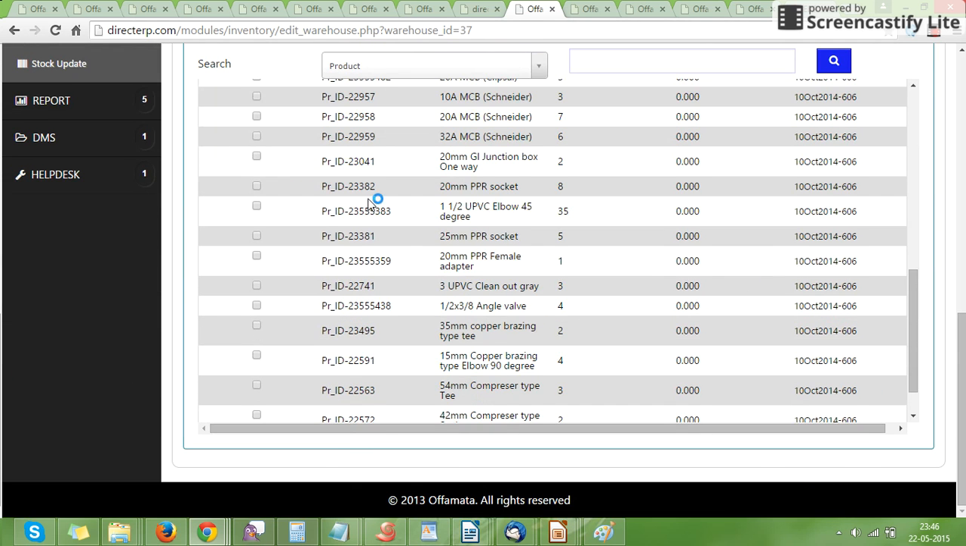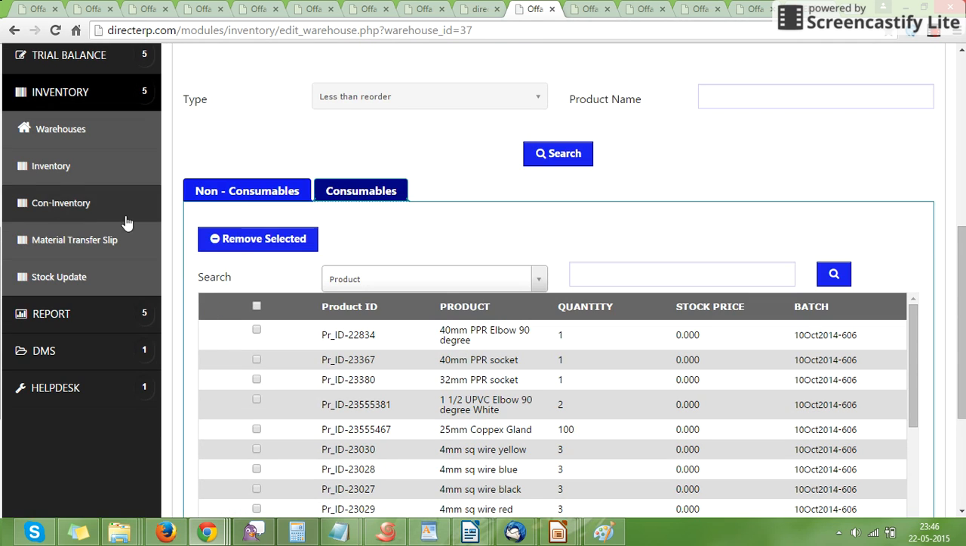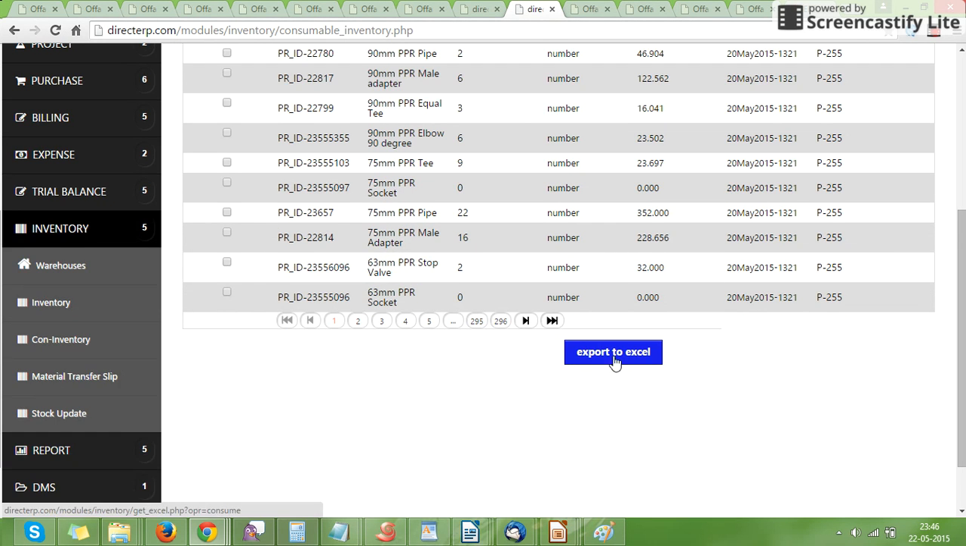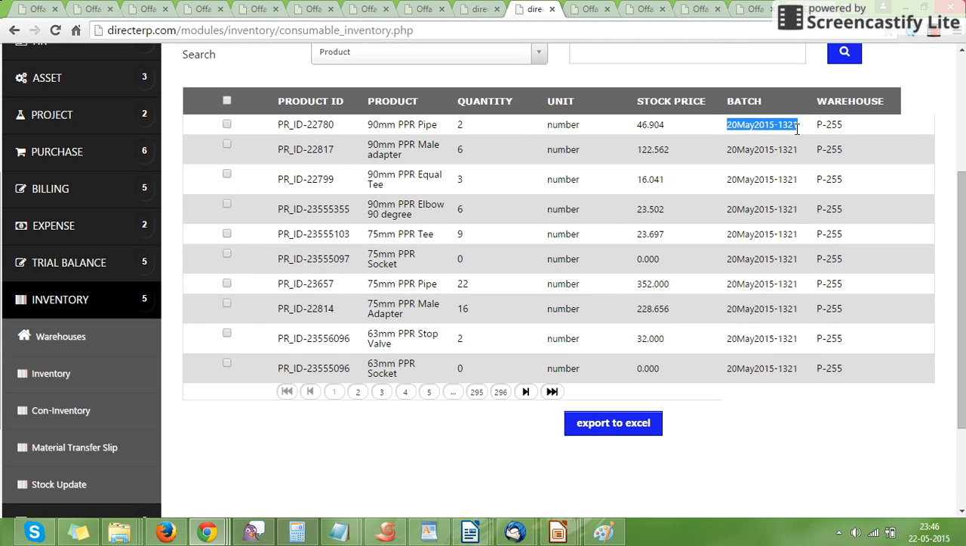You can see, and if there is a reorder limit set on each product, that can be tracked as well. Consumable inventories are tracked separately, and it's based on the batches. This batch number and the PO number. The 1321 you see here is the PO number. So you will know this particular product reached on which particular date and based on which particular PO,